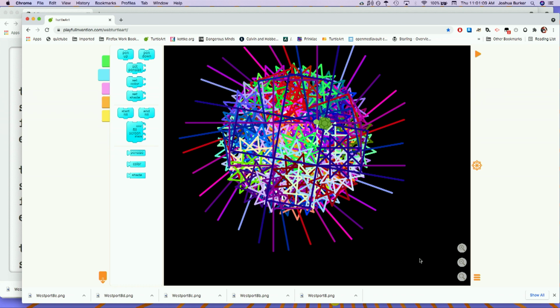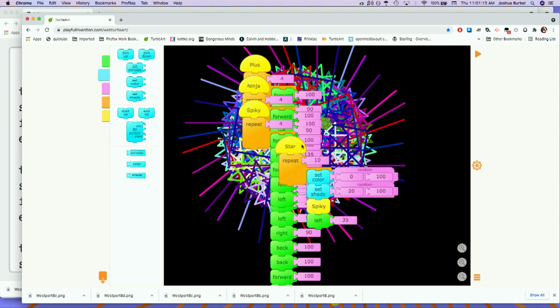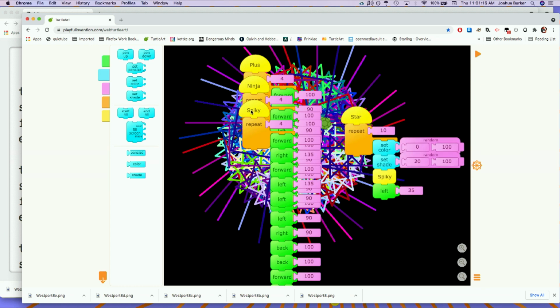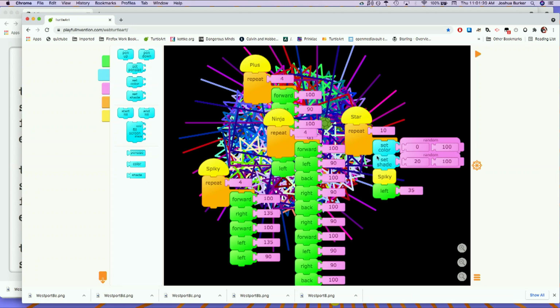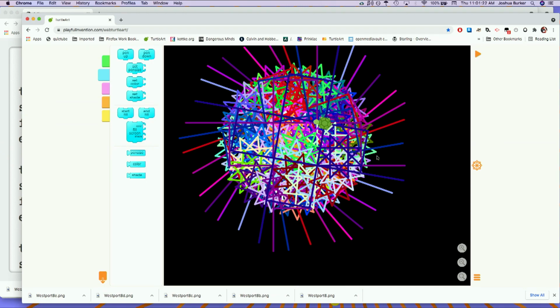I got that one, so let's run this one. I mean, any procedure called Ninja, you know that's legit. So that one's really, really cool. Maybe the way that I change it, let's find the rest of the blocks here. There's sky, star, and ninja. Nice. There's a spiky and a forward. So maybe the way that I change this one is to,